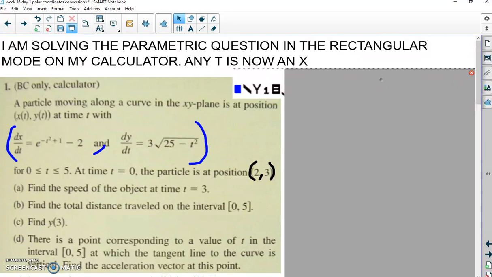How do you get dy/dx? Hurry, I got 3 seconds. dy/dx is dy/dt over dx/dt. How do I get second